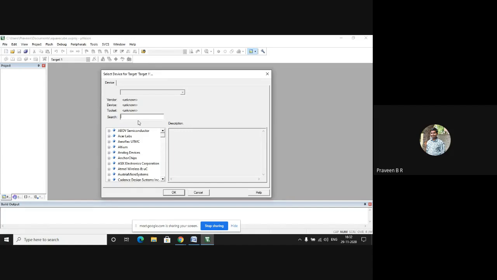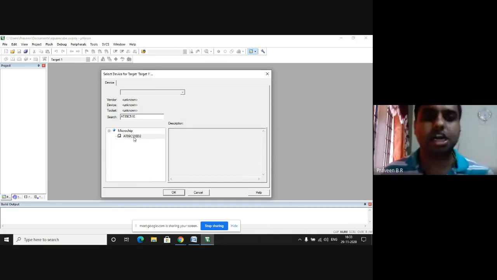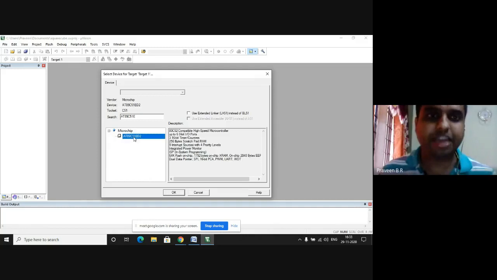So in the search window here, I type capital A, capital T, 89, capital C, 51, and ED2. So you can see here, you obtain this Microchip where the vendor is Microchip. The device name is AT89C51ED2. Here, I get to know that this particular device is compatible for 8051 programming. What do we do here? We press OK.